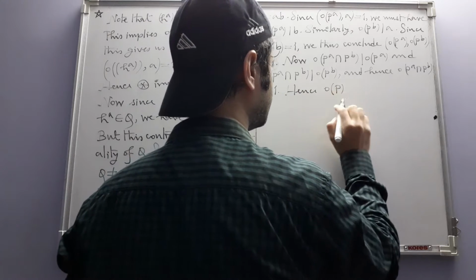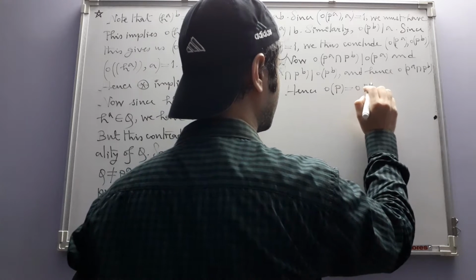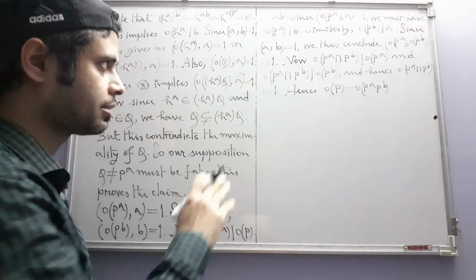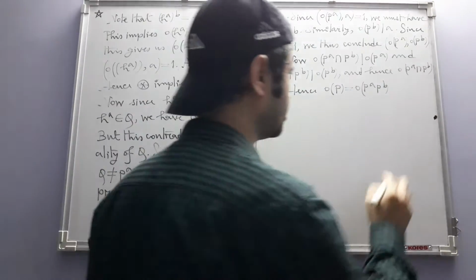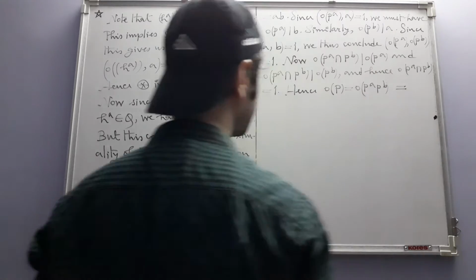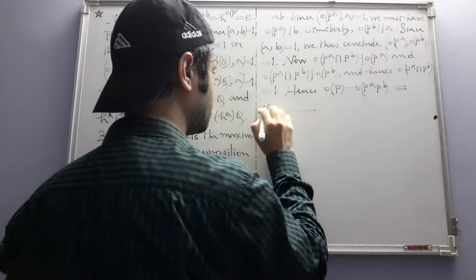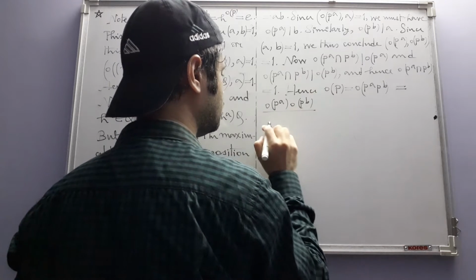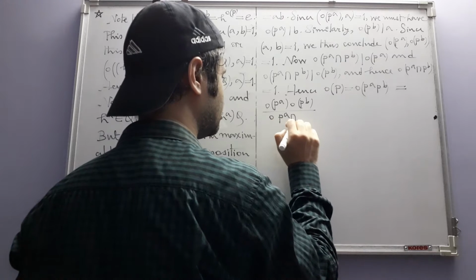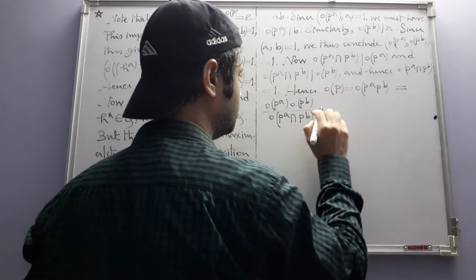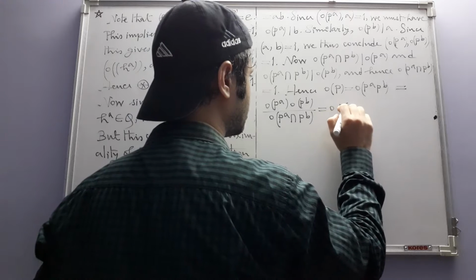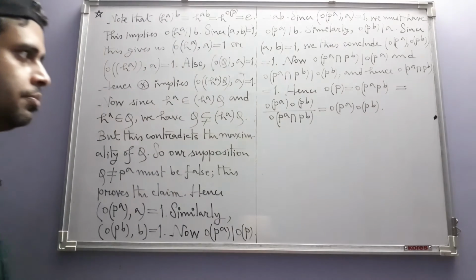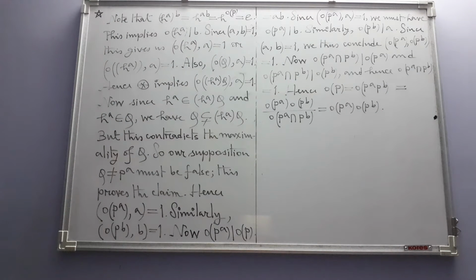order of P is equal to order of PA/PB. This is coming from the fact that P is equal to PA/PB, which we have already proved, and this is equal to, by our familiar formula, order of PA times order of PB divided by order of PA intersection PB. So this is equal to order of PA times order of PB. We wanted to prove this.